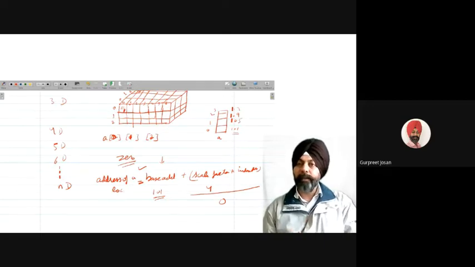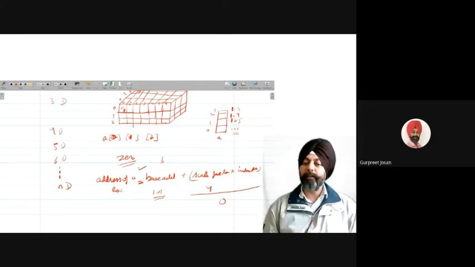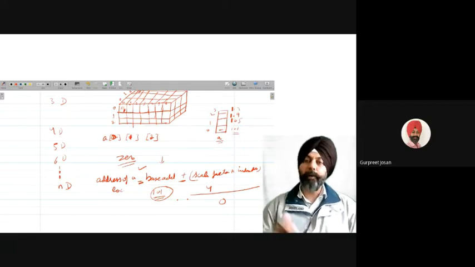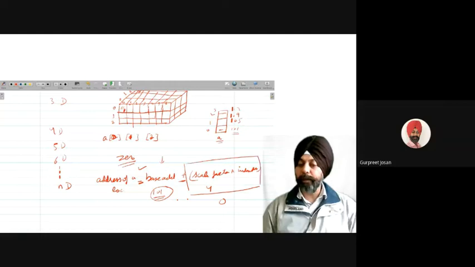The first address is also known as the base address, stored in the name of the array. If something is added to this 101, it will always become more than 101. To get the value 101, the first address, this term should become 0. Only then will we get the address 101.